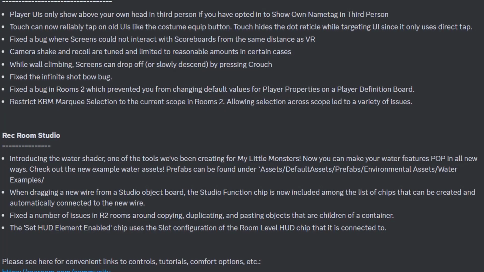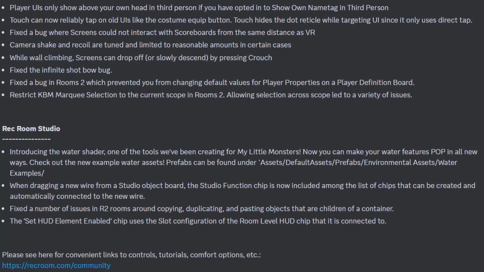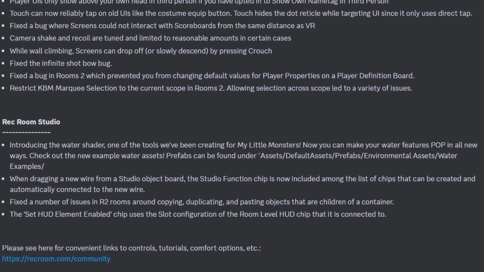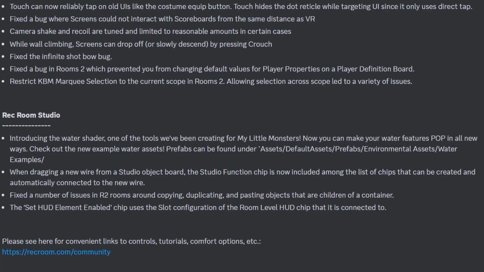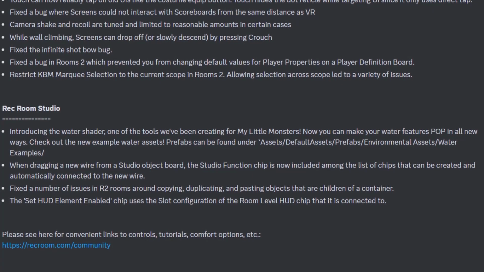Now lastly, they talk about Rec Room Studio inside this update. They're introducing the water shader, one of the tools we've been creating for My Little Monsters. I talked about this earlier inside the video, so it's not too shocking, but now you can use water features to make your rooms pop in all new ways. You can check out the new example of water assets. Prefabs can be found under assets/default